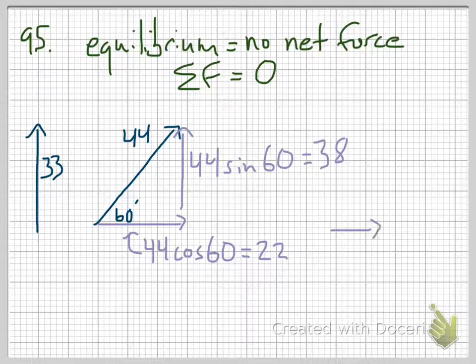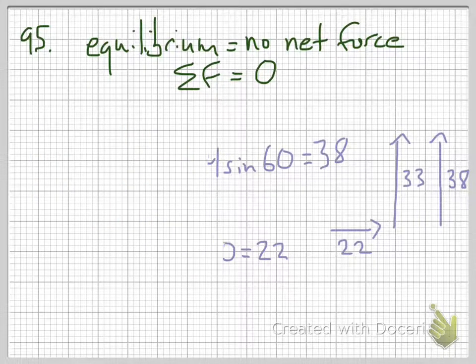I went ahead and put this into my calculator here. So I know that I have a force in the right direction of 22. I know that I have a force in the up direction of 33, and I have another force in the up direction of 38. So in total, I have 3 forces. And again, I can't deal with things at an angle, so I have to put these just in terms of x and y. Okay, now that I have my total forces to the right and my total forces up,